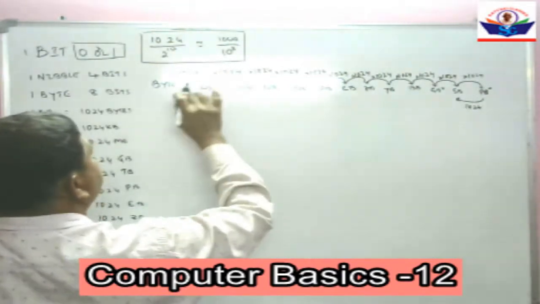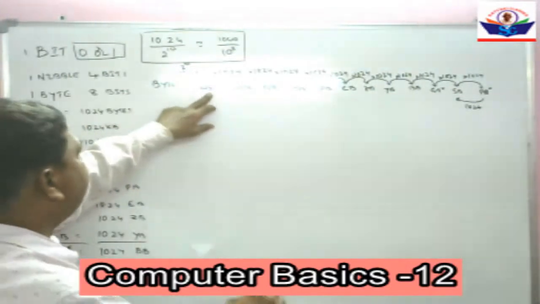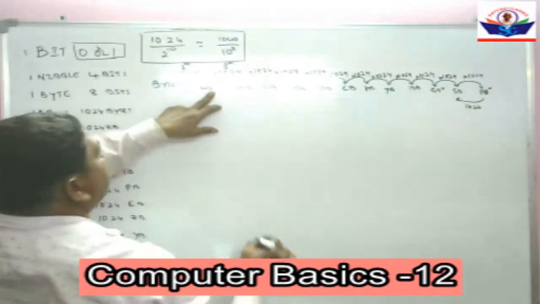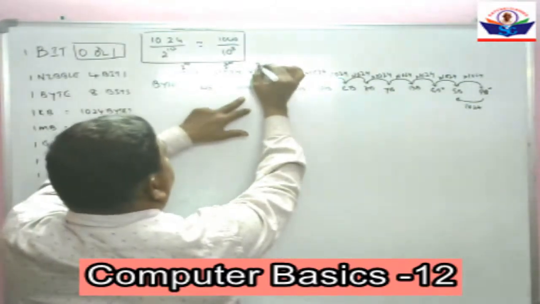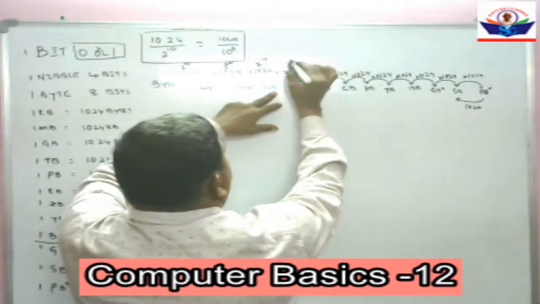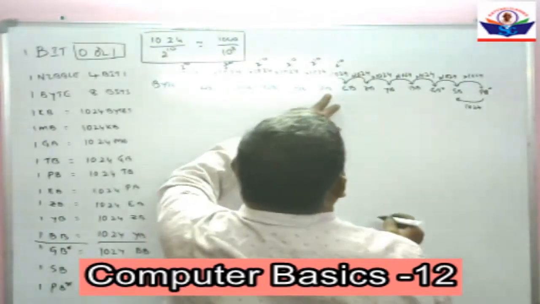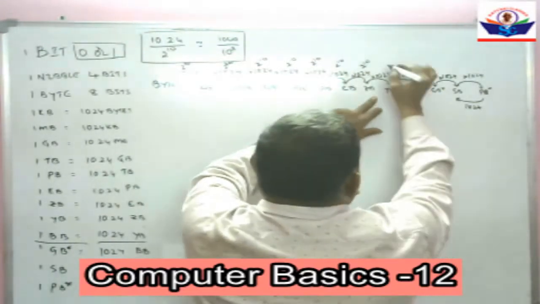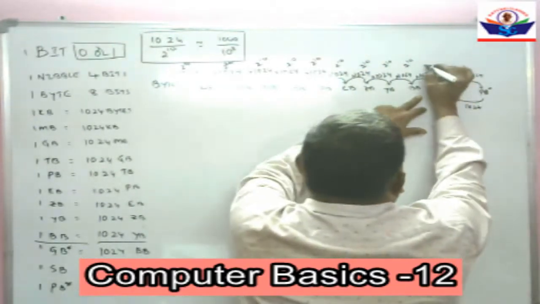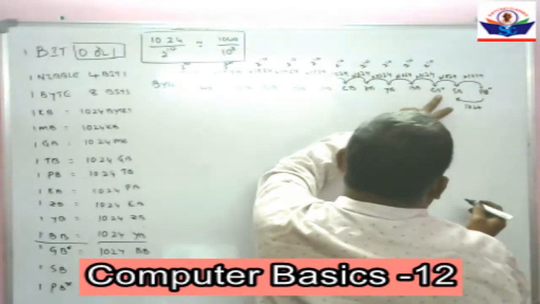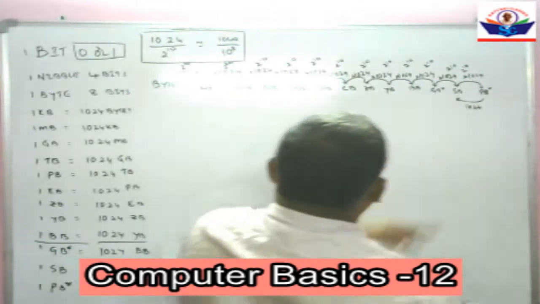Okay. That means if you multiply bytes by 2 to the power of 10, 2 to the power of 10 bytes is equal to KB. 2 to the power of 10 KB is equal to megabyte. 2 to the power of 10 megabytes is equal to gigabyte. 2 to the power of 10 gigabytes is terabyte. 2 to the power of 10 terabytes is petabyte. 2 to the power of 10 petabytes is exabyte. 2 to the power of 10 exabyte is zettabyte. 2 to the power of 10 zettabyte is petabyte. 2 to the power of 10 petabyte is equal to rotabyte. 2 to the power of 10 rotabyte is equal to geobyte. 2 to the power of 10 geobyte is equal to Sagan byte.